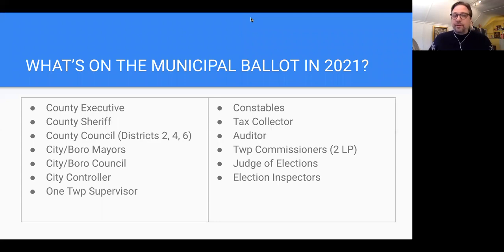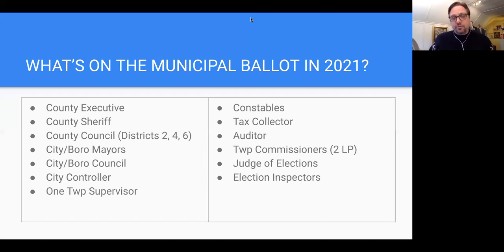Those are very, very important roles. They don't require year-round attention. As a judge of elections and an election inspector, you will work twice a year. It takes a little bit of preparation, but these roles, the judge of elections, is really the arbiter at each precinct over any disputes, any conflicts or questions that voters might have about if they are a registered voter, a valid voter in that precinct.